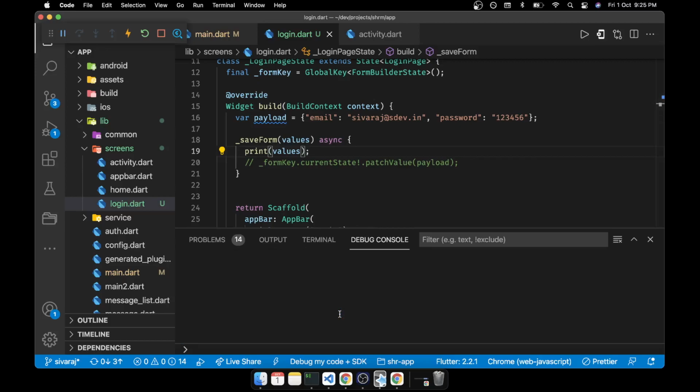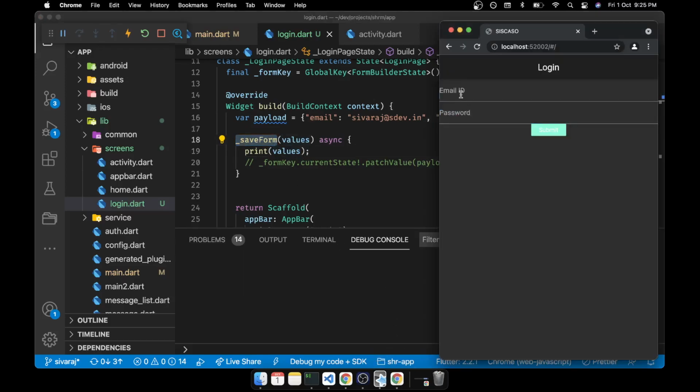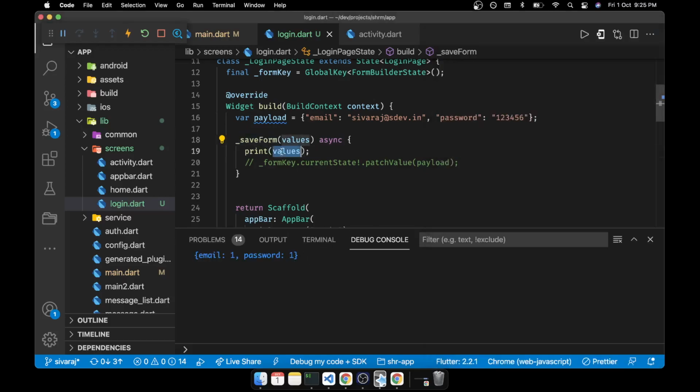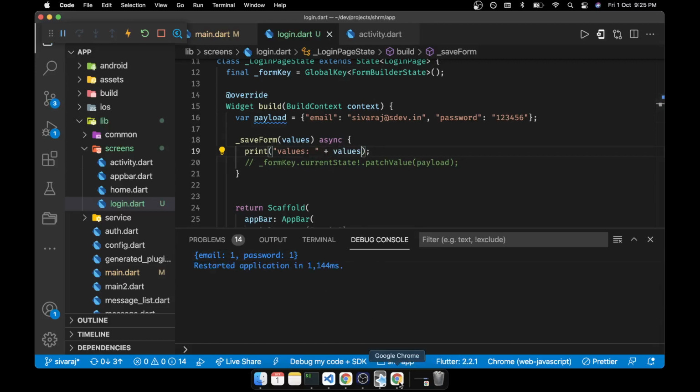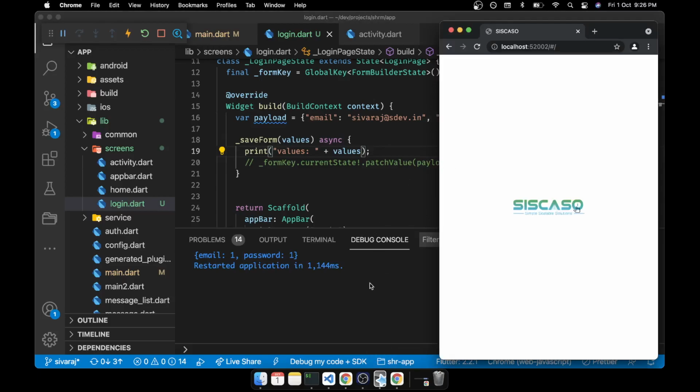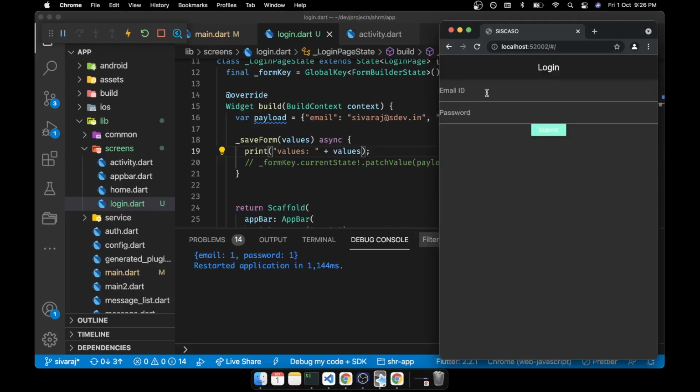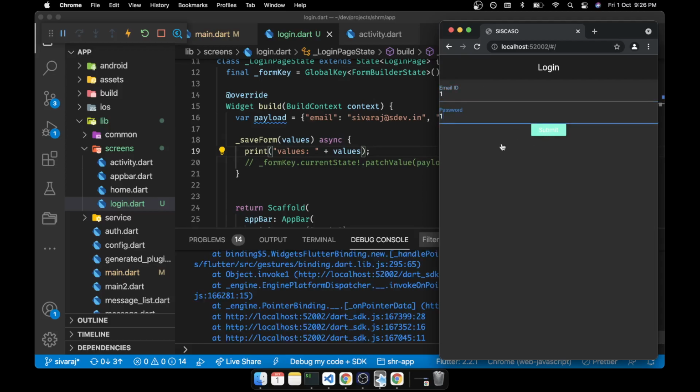So what we're gonna do now, first thing we'll try to check whether this data is coming to here. Okay. After that, we will directly call this one instead of filling the form every time. So we'll just try to see 1 and 1 data are coming printed. So we'll try to check whether it is coming to this place or not. So done. We started. Okay, so now let's say 1 and 1.